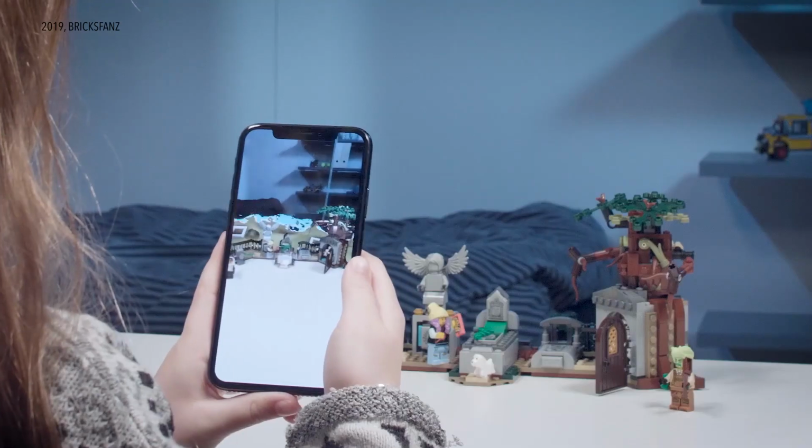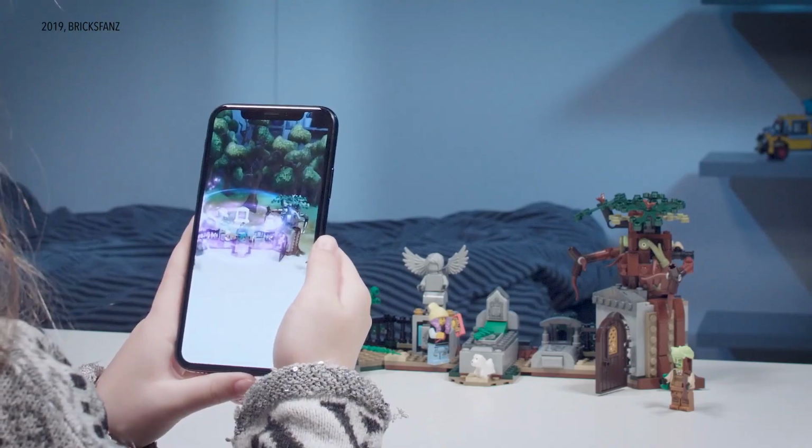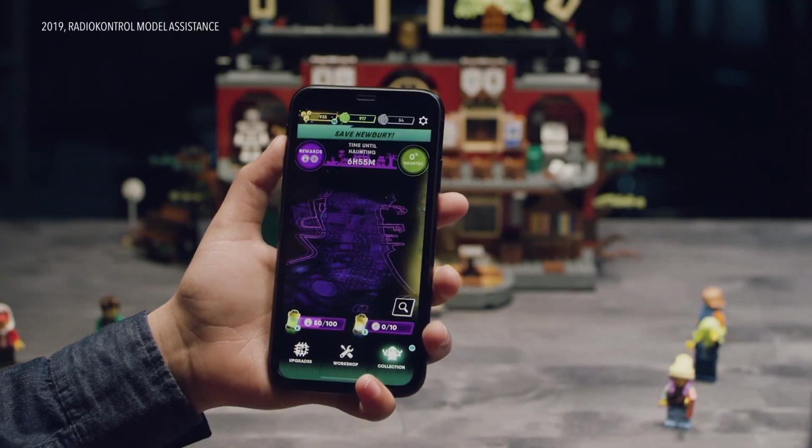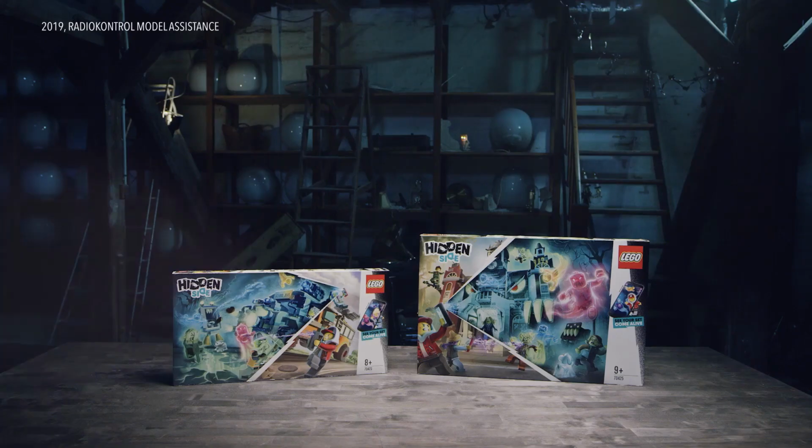Hello, and thank you for watching my case study. Case studies can take many forms, but their purpose is to show how the designer thinks. In this case, I will be studying the Lego augmented reality app and play sets called Lego Hidden Side. So let's jump into the first phase, which is called